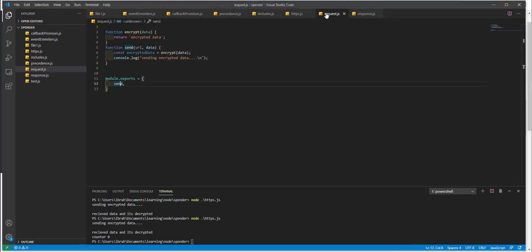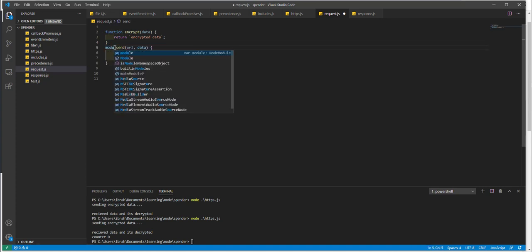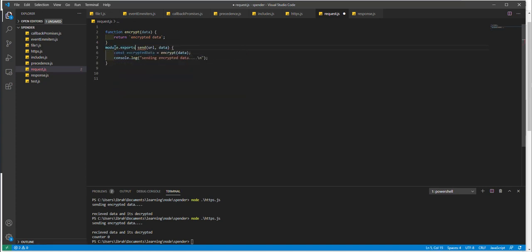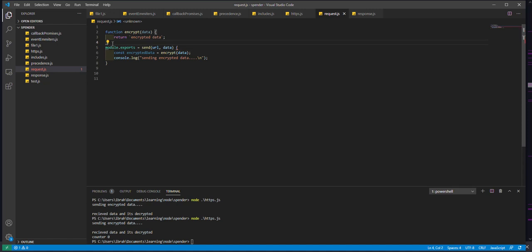For the request, instead of using this, we can go module.exports, and then you just do the send like so. What is wrong? Yeah, send should have an equal. And then you just need to add this like so. Okay, this should work, I hope. And if we try to run,